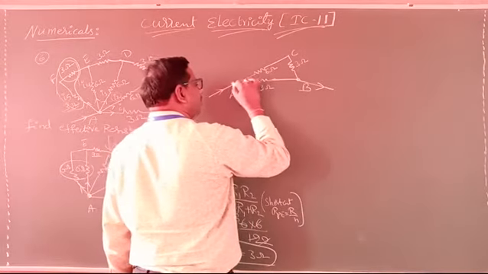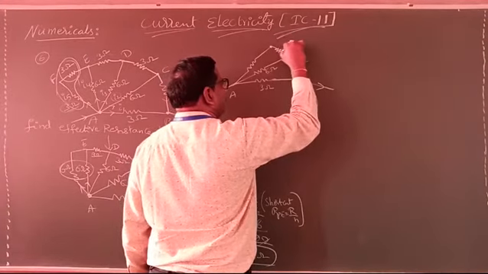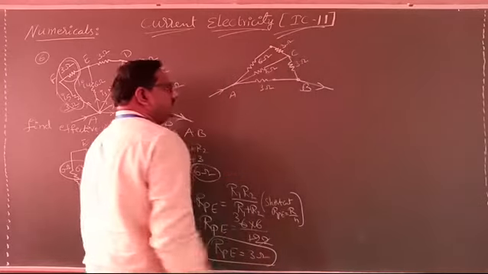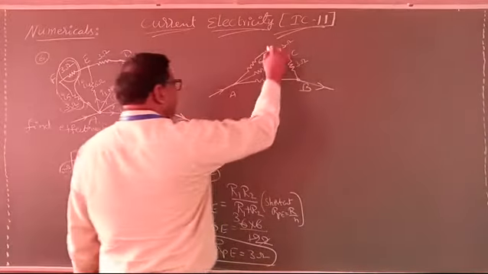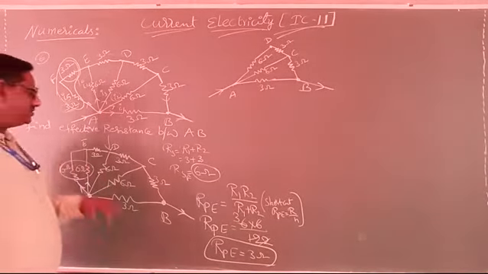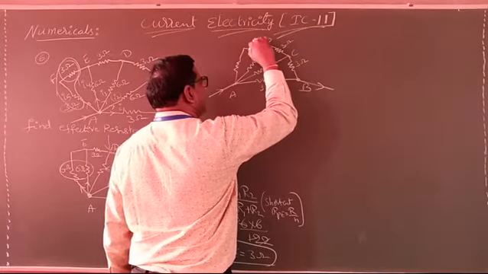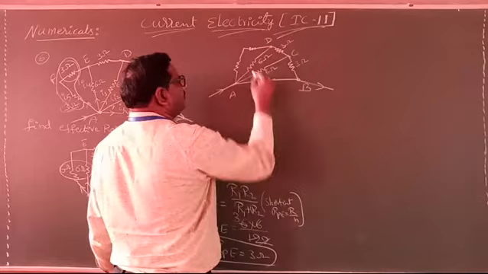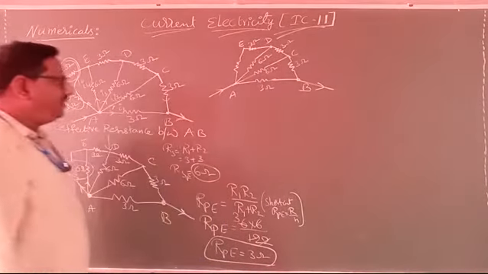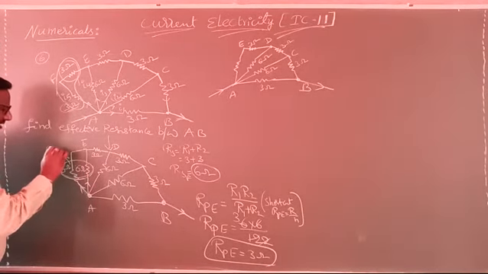Now one more junction we have, that is the D point. Now how will the current split here? See that? Now the point will be D. Okay, up to D. Now the E point is also there. Now here the resistance comes like this and comes up to here. Now this is 3 ohms. This is the E point. Now between A and E, these two are a parallel combination.